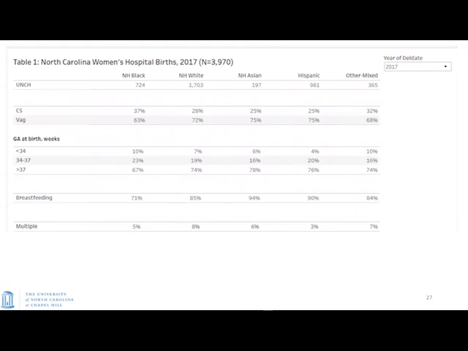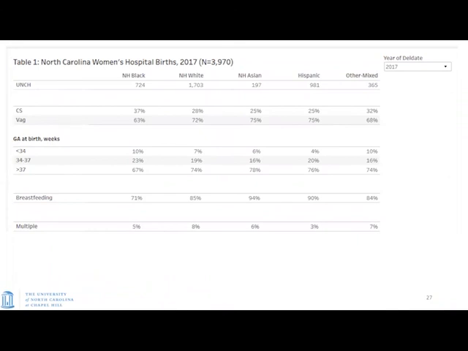You're familiar with these Table 1s. These are the Table 1s that researchers need for creating papers, and they say this is kind of our population. So it gets broken by race, whether it's C-section or vaginal. You may have similar Table 1s if you're doing anesthesia or pediatric work.